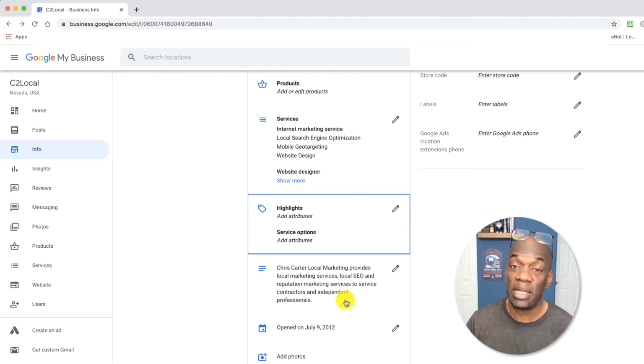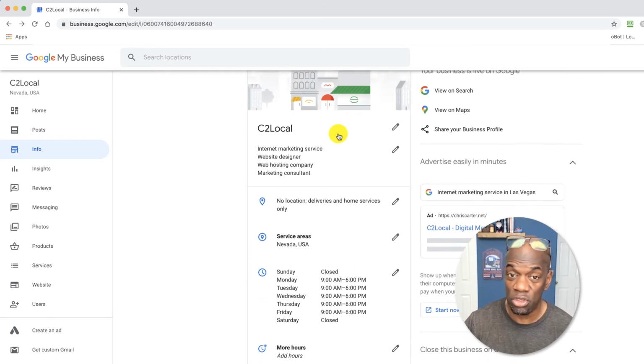Now, here's where we make a little bit of money. This is where you put down the business information. This is my elevator pitch. This is my description of my business. This is what I do. You put that in there. Why is this important? It's important because, unfortunately, even though Google gives you services that you can punch in there, which looks tremendously like this over here,